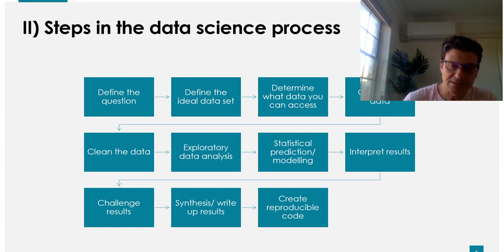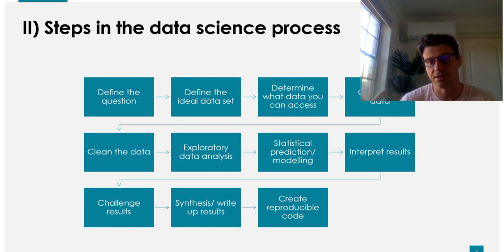And then the last step, but also an overlooked step, is creating reproducible code. So reproducible research is a big thing in the last couple of years, and it is about having the inputs and having the outputs in a way that it's very easy for someone to replicate what you've done. So that is the raw data, and the code, and the descriptions and the graphs are often put together